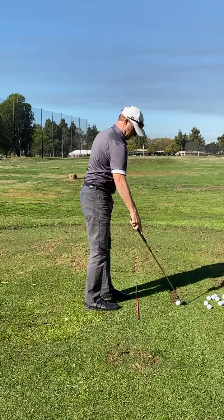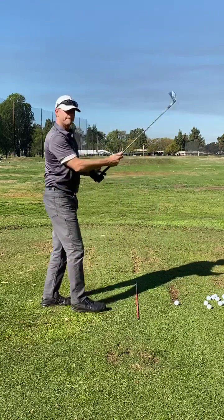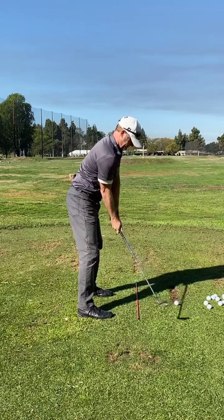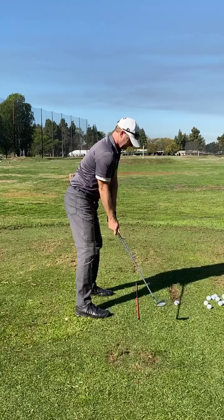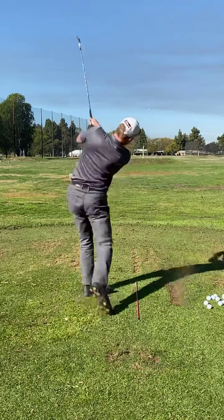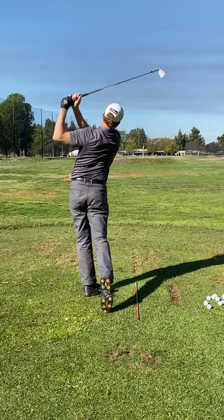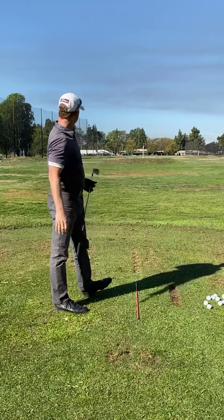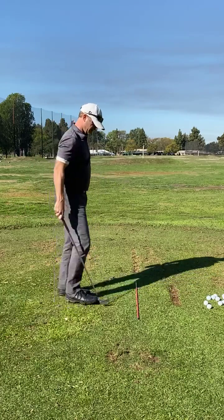Which you can actually do that now. You couldn't do that in the past. Keep going. See the height on the ball is a little better? Yeah. Okay, I'll get into that. Remind me on that one. Okay, so